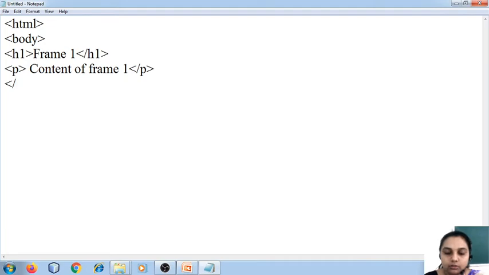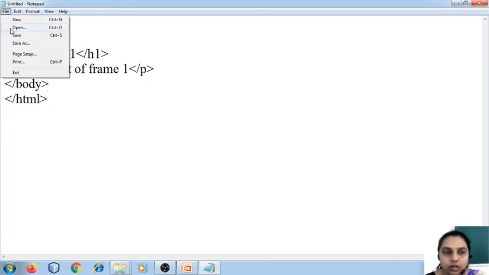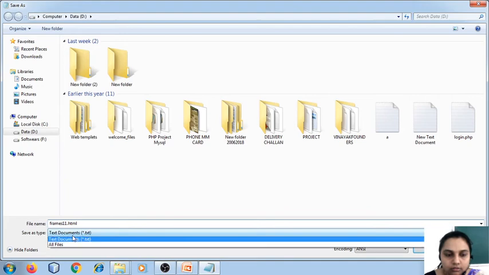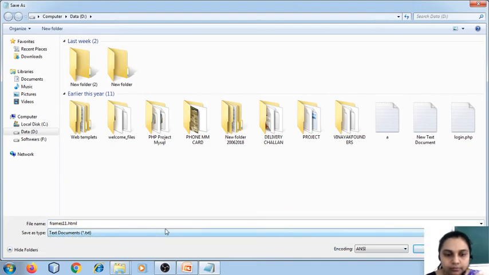Okay, and then I close body tag, HTML tag. So this is my frame1.html. I will name it as frames11.html.